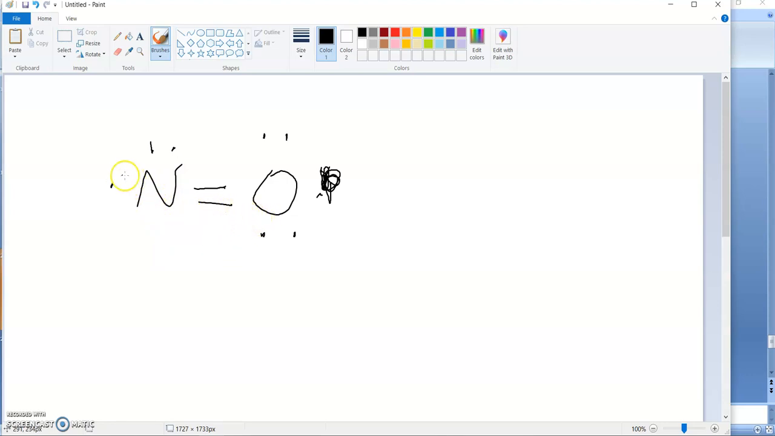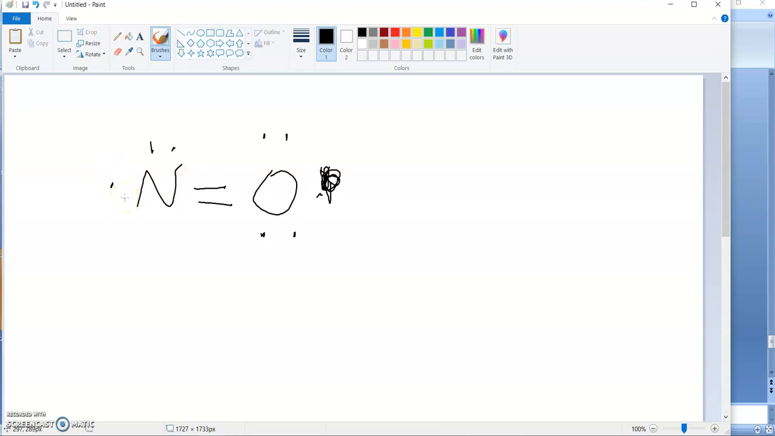The atom that gets shortchanged is the one with the lower electronegativity. Oxygen has a higher electronegativity here, so it gets the full octet. Nitrogen, with its lower electronegativity, gets shortchanged. These molecules are called radicals because they tend to be very reactive, because that lone electron wants to hook up